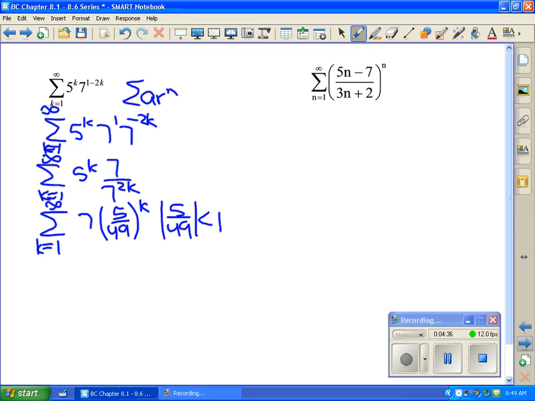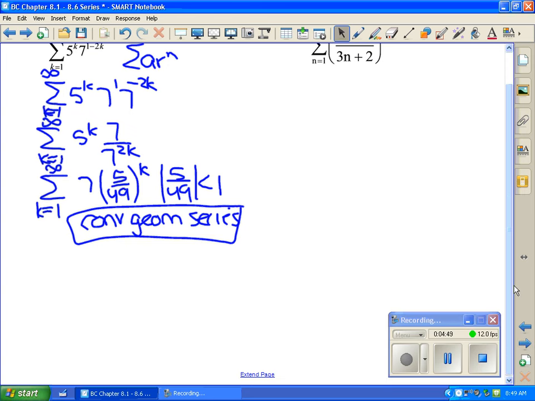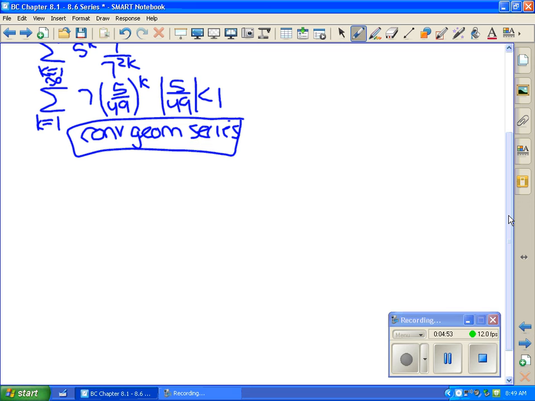And technically you should look at the absolute value. So this one converges by geometric series. Now, I could also ask for the sum, so I want to show you how to calculate the sum for this. Don't forget that the formula for the sum of a geometric series,